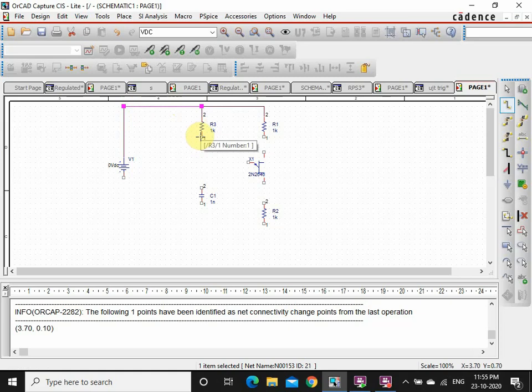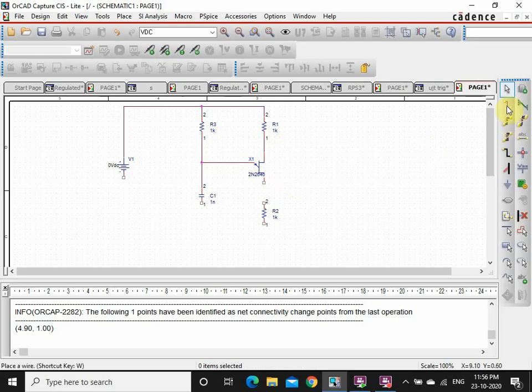Next, this resistor I am going to connect to this capacitance, and this one I am going to connect to your base junction here. Next, this one I am going to connect to your X1. Again here a connection is left out, so we will connect that also. So we connected it, escape.